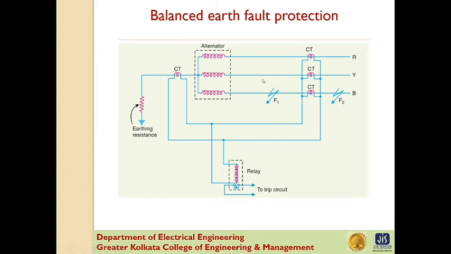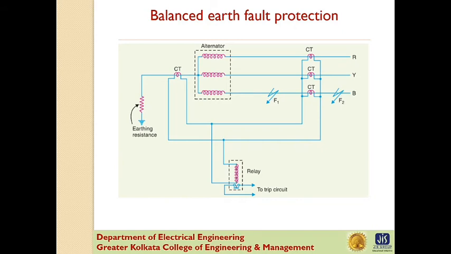Now this shows the schematic representation of balanced arc fault protection for alternator. It consists of three-line transformers mounted on each phase and having their secondaries in parallel with that of a single current transformer in the conductor joining the star point of the alternator to earth. A relay is connected across the transformer secondaries. The protection against arc fault is limited to the region between the neutral and the line current transformer.